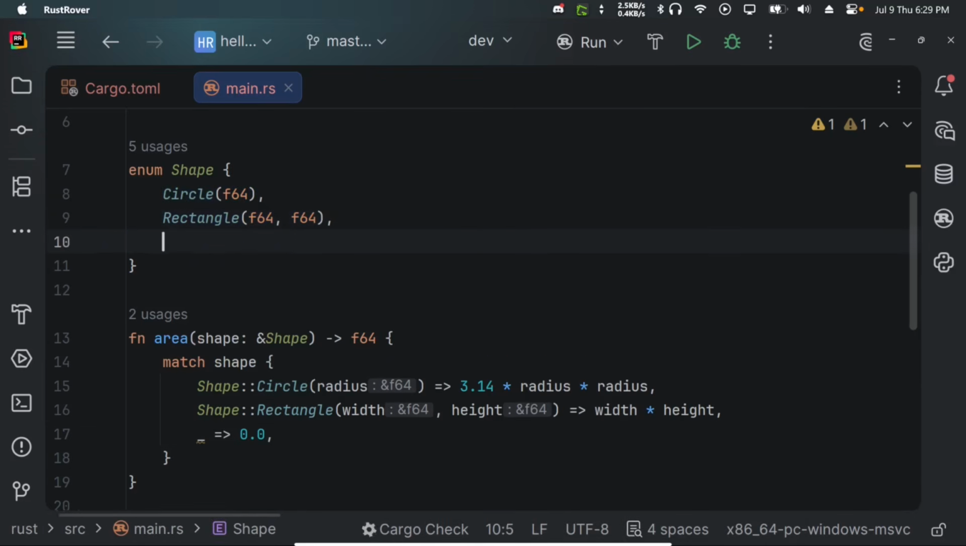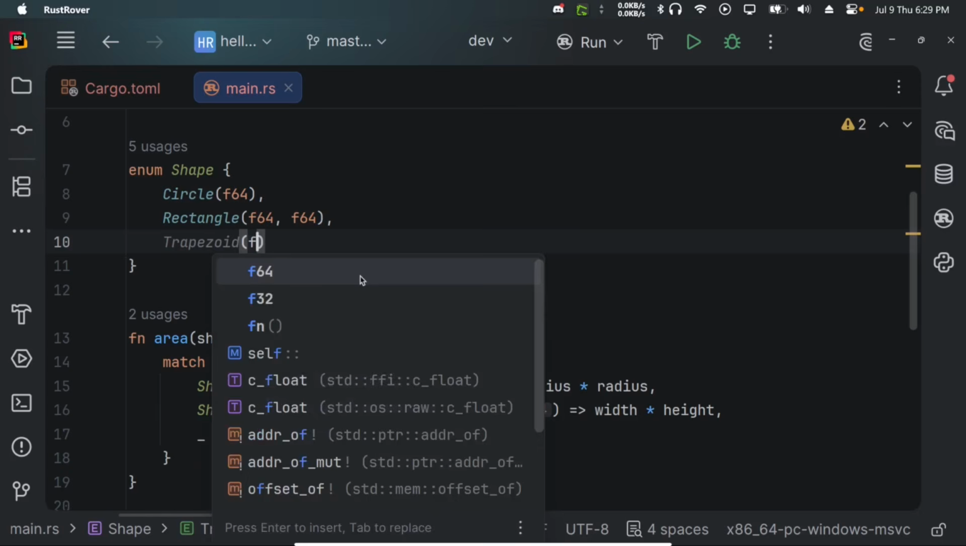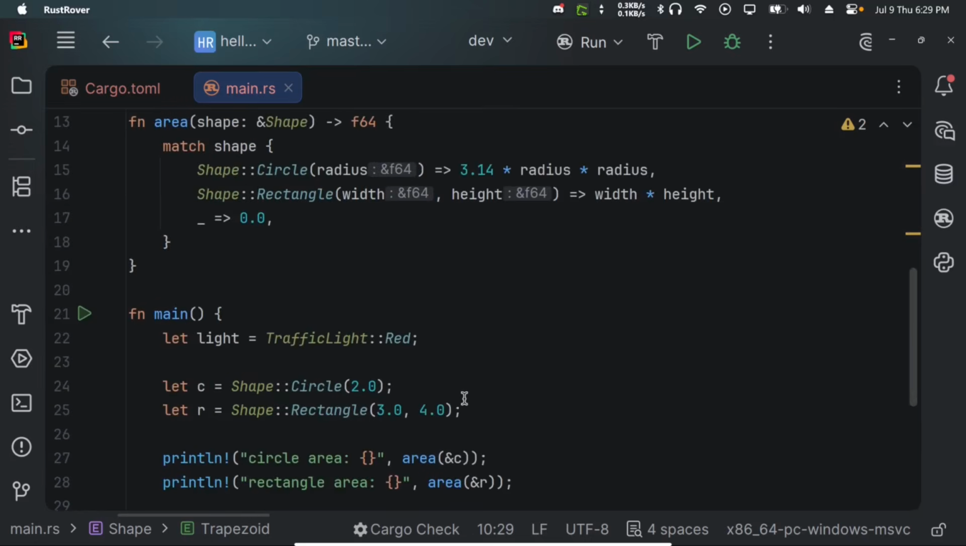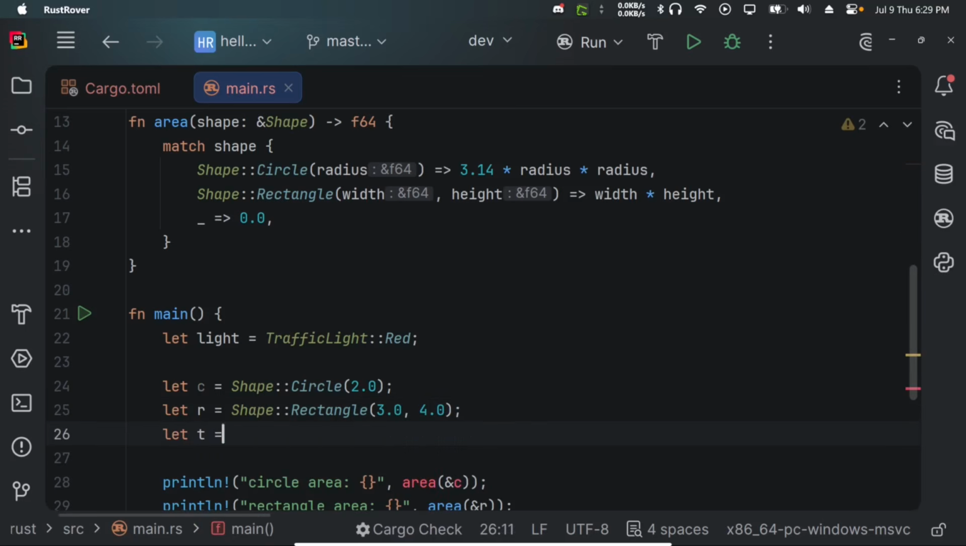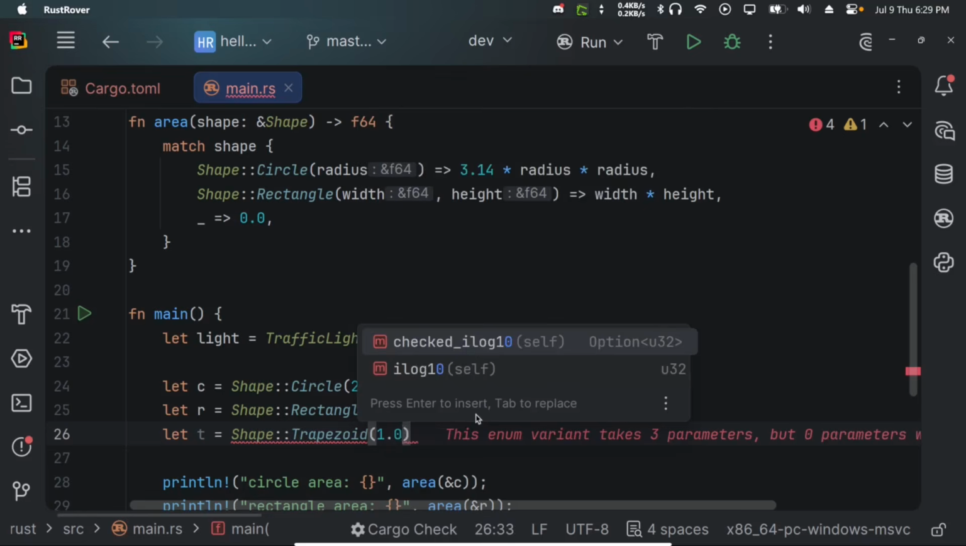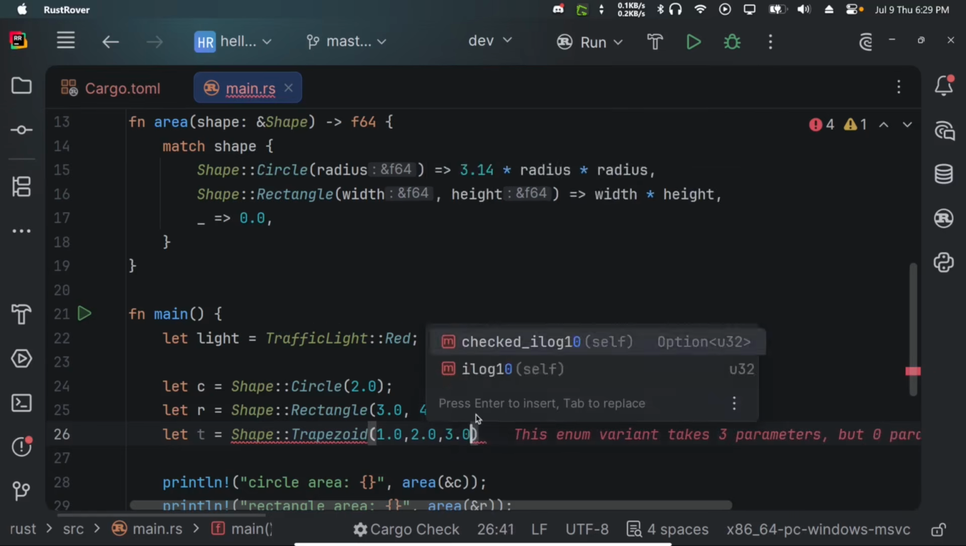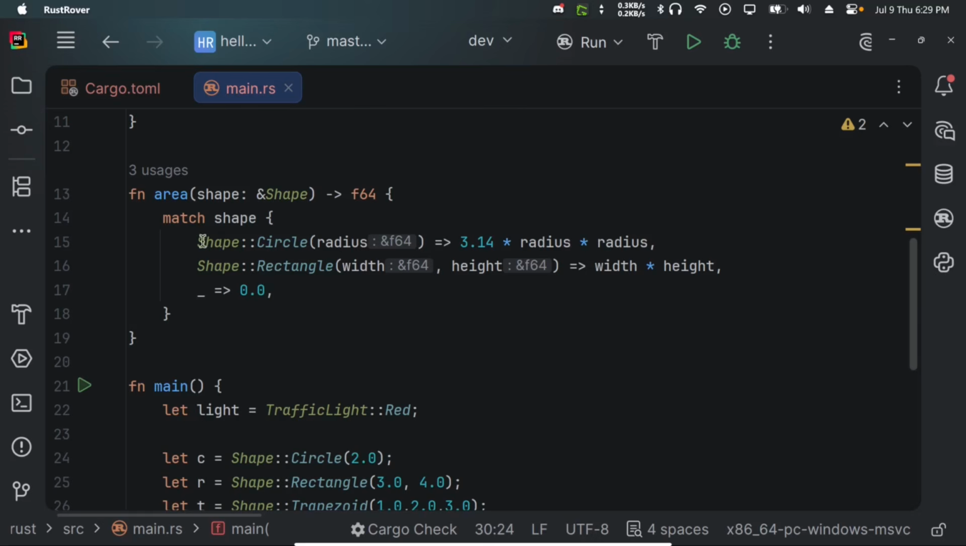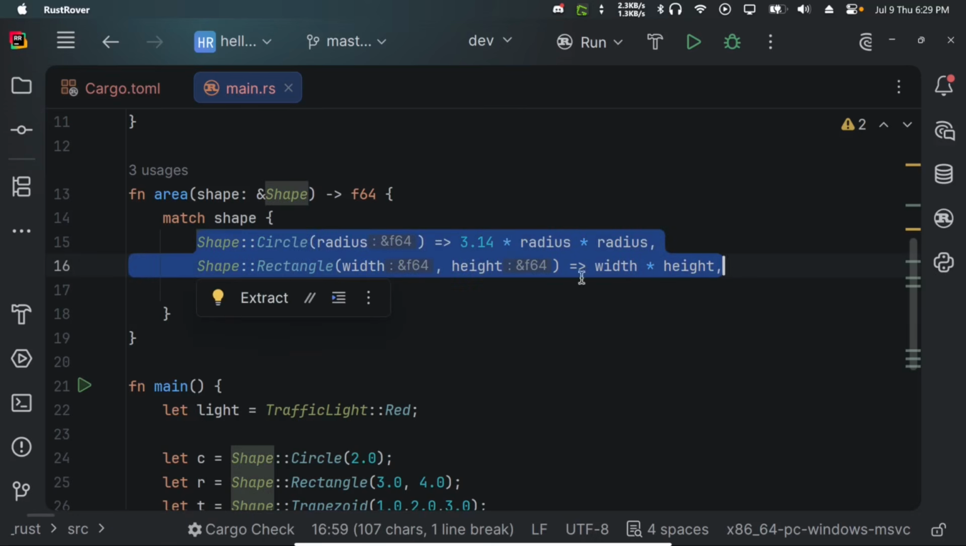two shapes only. For example, if we had a trapezoid, and inside a trapezoid, I don't know what trapezoids have, maybe a float 64 and another float 64 and another float 64. So three float 64s. And over here, we created a trapezoid like let t equals shape, and we created a trapezoid with 1.0, comma, 2.0, comma, 3.0 right there. And while printing it, we try to print out the area of the trapezoid. So trapezoidal area. Inside our area function itself, or the method itself, we're not actually accounting for a condition where